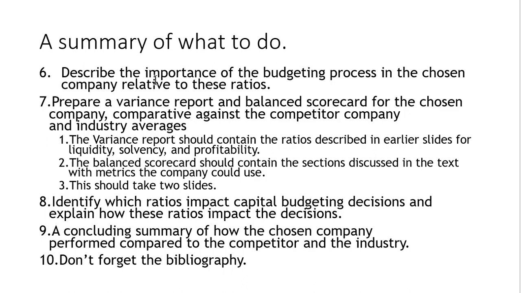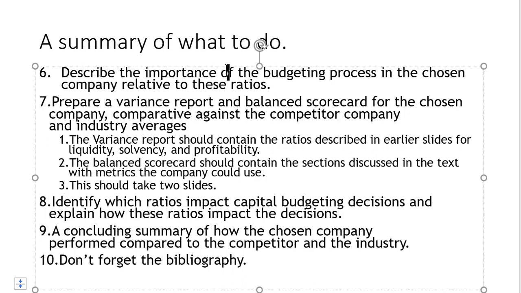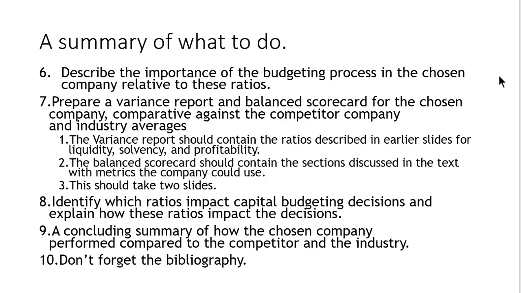The next slide you'll talk about, you need to discuss the importance of the budgeting process in the chosen company. Again, relative to these ratios, what will these ratios do in helping you create budgets for operations in the company? The 7th line here really, I think, is going to take 2 slides. You need to provide a variance report and a balanced scorecard for the chosen company, comparative against the competitor company